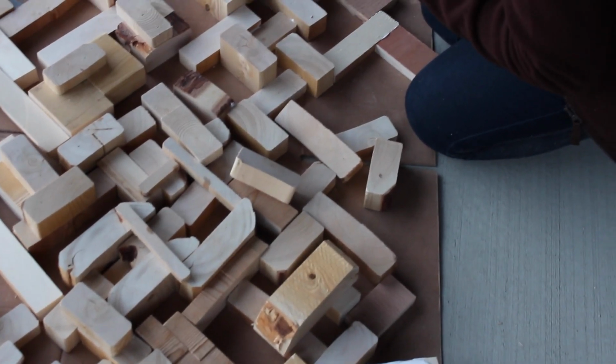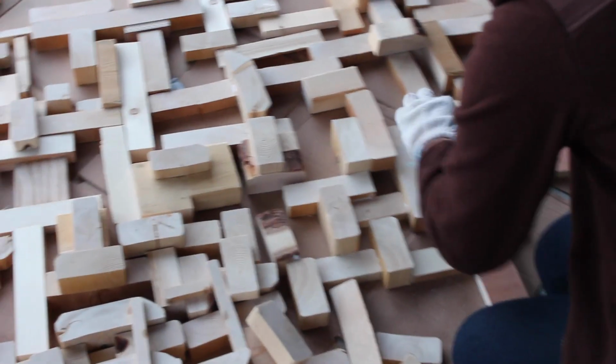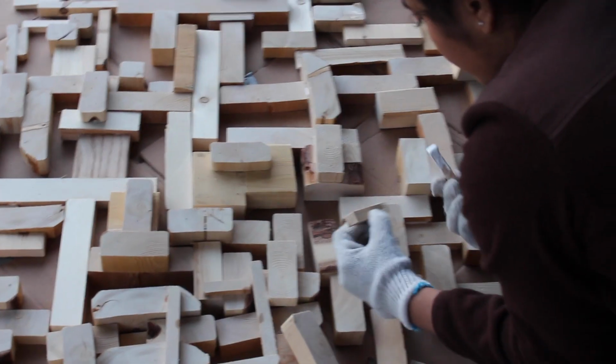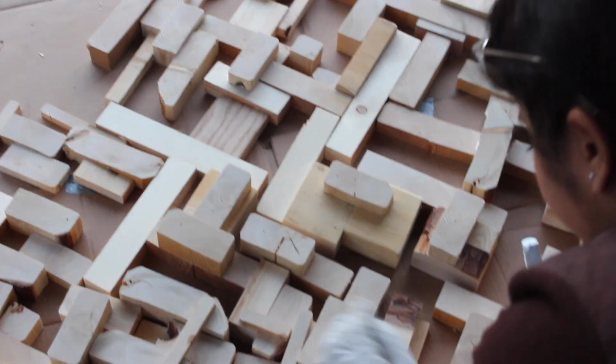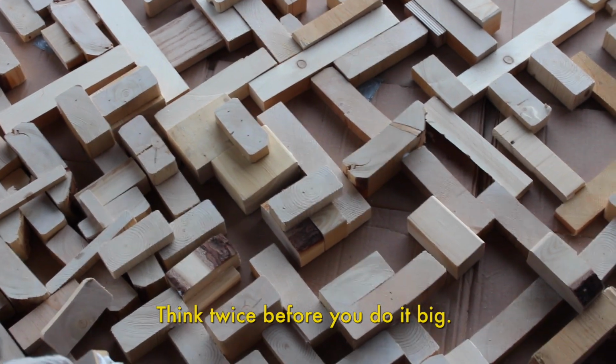Now this was very hard because we went such a large, massive size. Our previous one, which we'll put a picture up on the screen right now, was really small, like 2 or 3 feet by 3 feet, and it looked really good. And then we were like, maybe we should do a bigger one, and doing big ones takes a lot of time and a lot of pieces of wood. Before you do a big one,